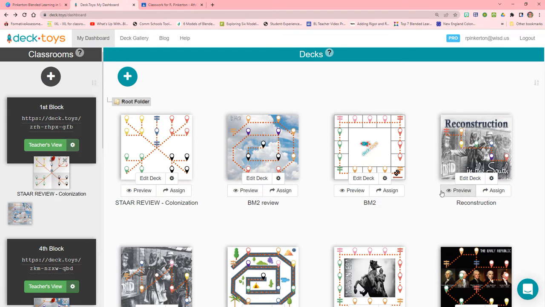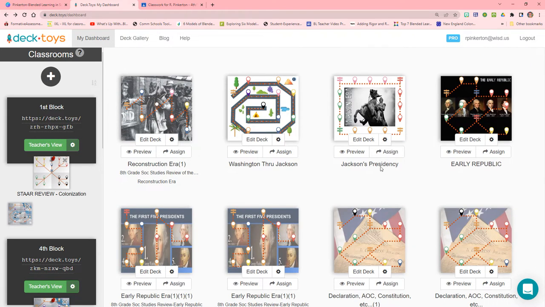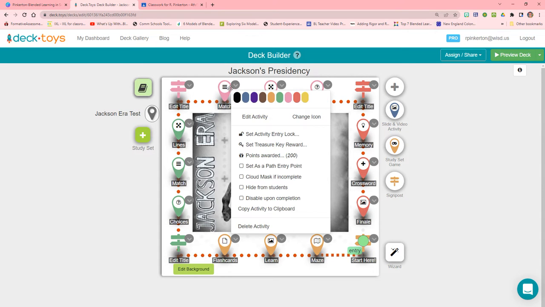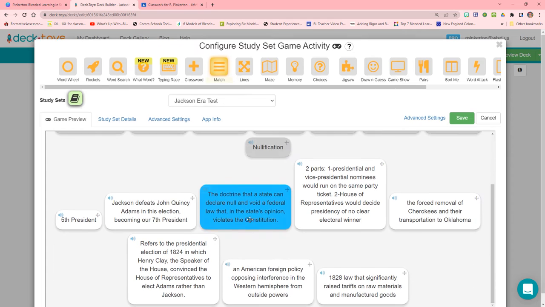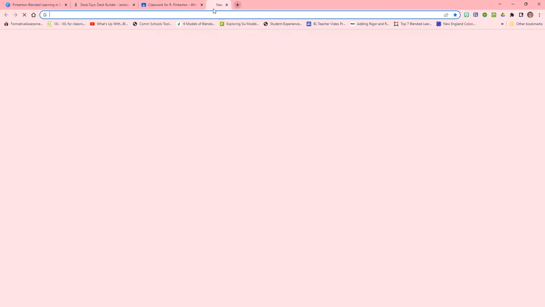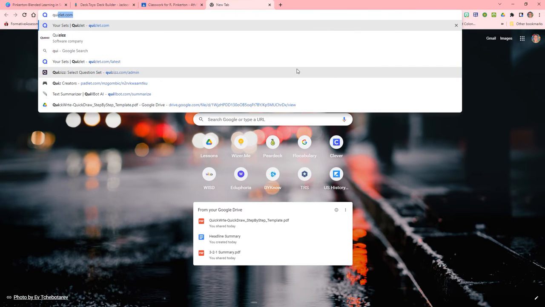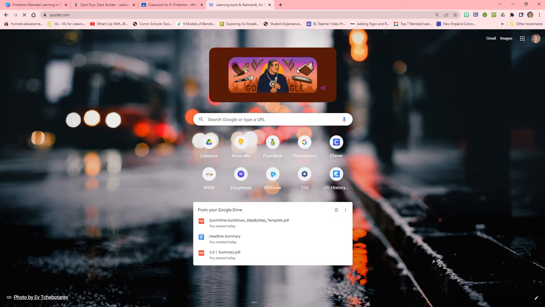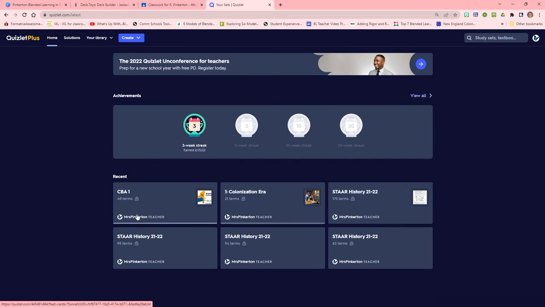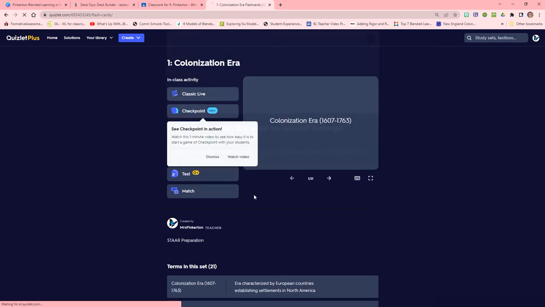some of the games that I've created. So for example, if I start with, let's do this one, I'm going to go and put edit. That way you see the different types of games that you can create for them. You're able to load up any vocabulary from Quizlet, if you have access to this. Okay, you're able to load whatever vocabularies you have set up in here into